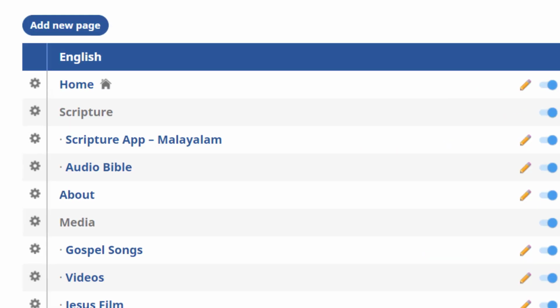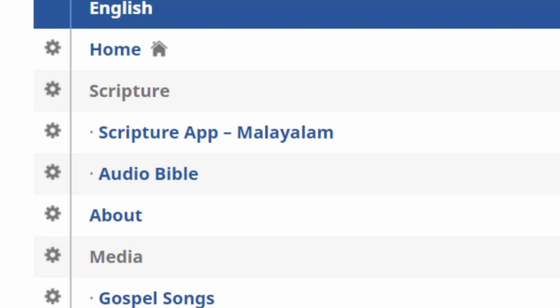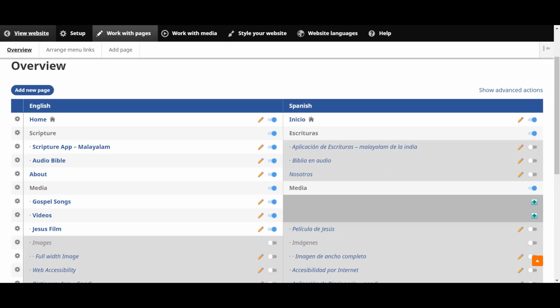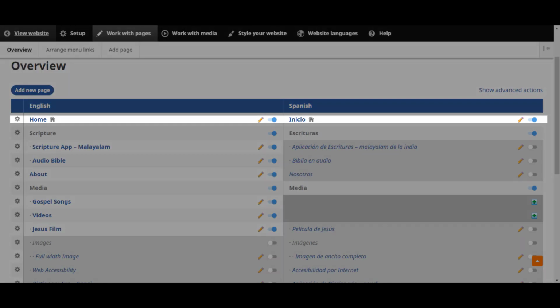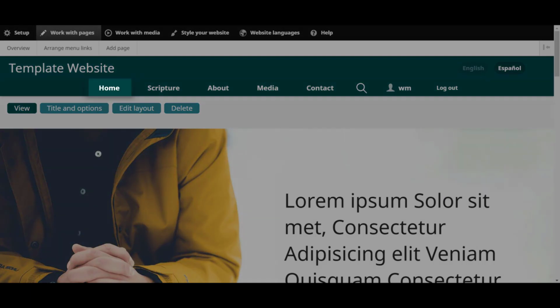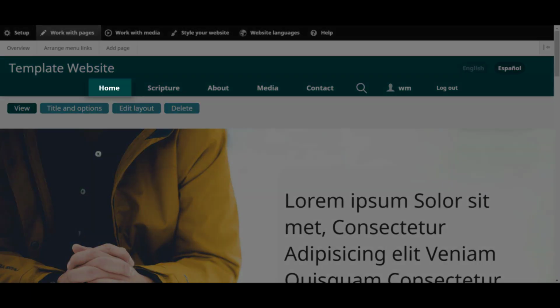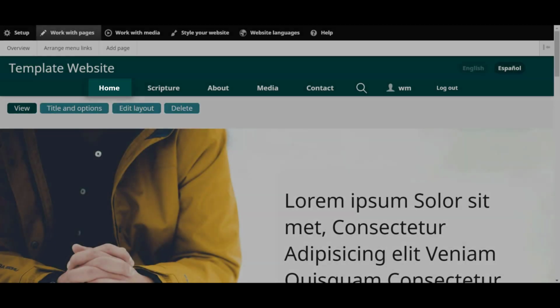Top-level menu items are those with the page title farthest to the left. Next-level menu items are those with the page title indented to the right. So on this screen, we can see that the page titled Home is at the top of the Overview chart, so it is first on the website menu, that is, farthest to the left for a horizontal menu.